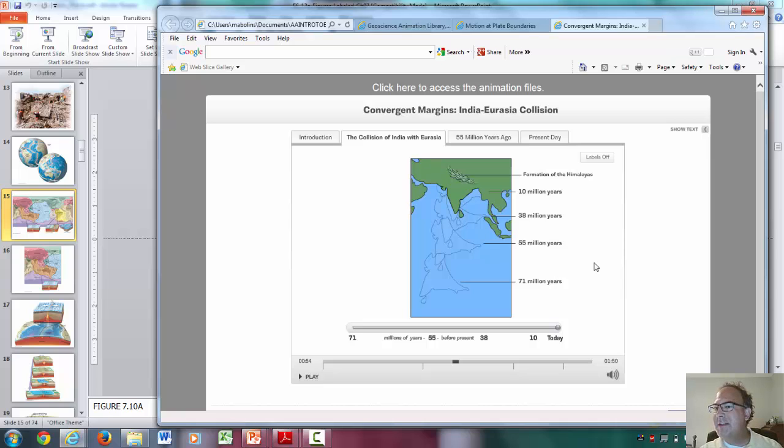Plate tectonics explains many things, including extremes in elevation. Highest point on the planet, elevation relative to sea level, Mount Everest in the Himalayas. Highest point on the planet is at a convergent plate boundary. It's at a continent-continent convergent plate boundary. One of these plate boundaries where two plates having continental lithosphere have come together, collided, raising a mighty mountain range,